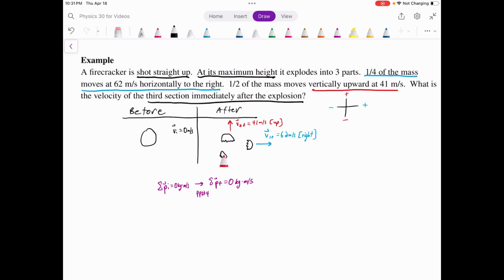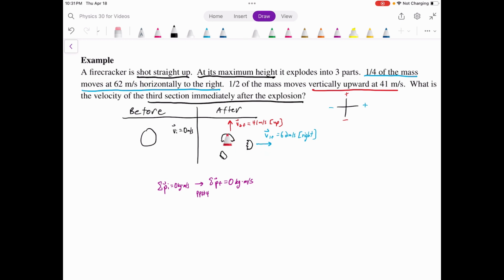So depending on the mass of this and how it compares to the mass of these, it won't necessarily be moving with the same velocity, right? It will need to have exactly as much downward momentum as this has upward momentum in order to cancel that out, right? To cancel out this y momentum, this is the only other object that can do it because this doesn't have any y momentum. So this one must have downward y momentum equal to this one's upward momentum, and at the same time